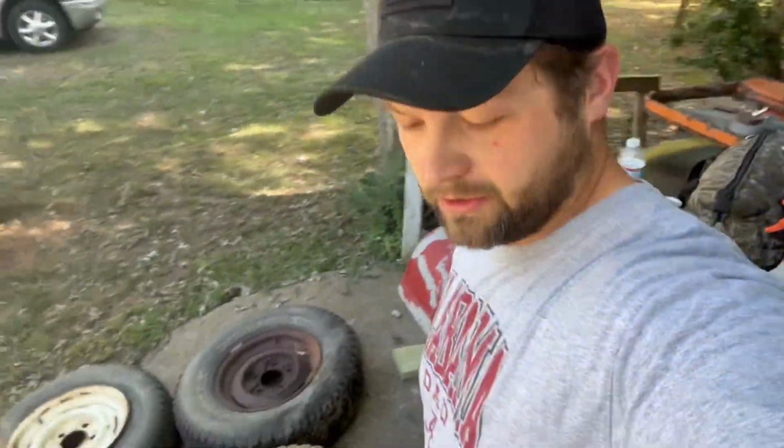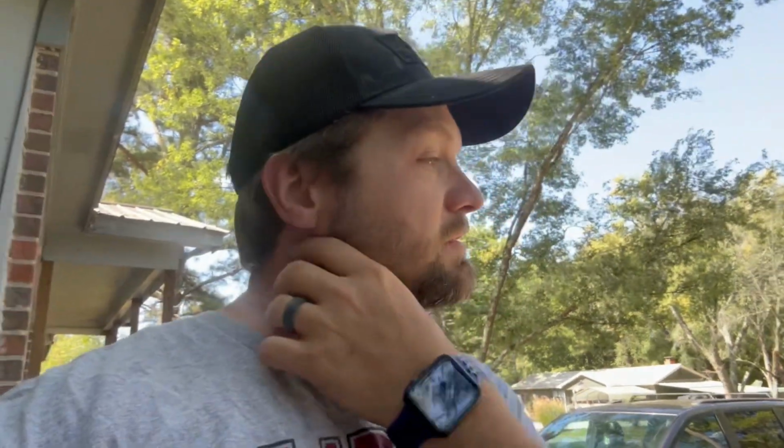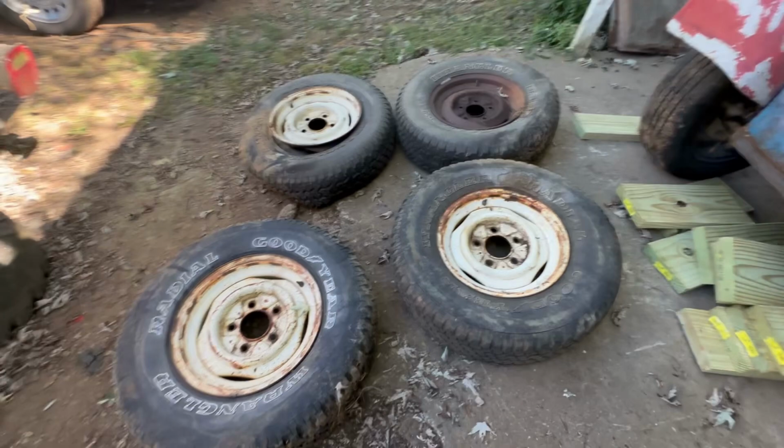All right, here we are, another day. Wheels and tires off the old Ford. Got some new tires over here. You know, I've gotten cheap over the years and buy some cheap tires and then put them on myself, just get them balanced. So a lot cheaper that route than paying somebody to do it all. So let's see if we can get these things broke off here. First we get